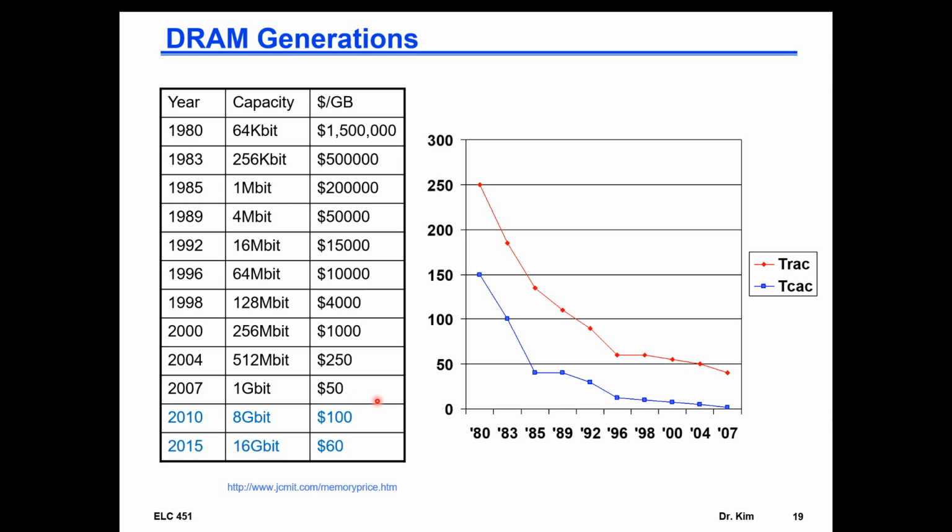So this trend is what fueled the advances in multi-level caches, because now that we have the memory, we can have more, but also there is a